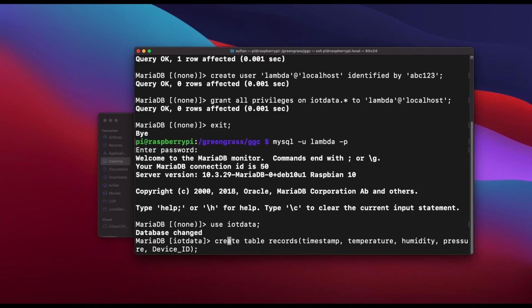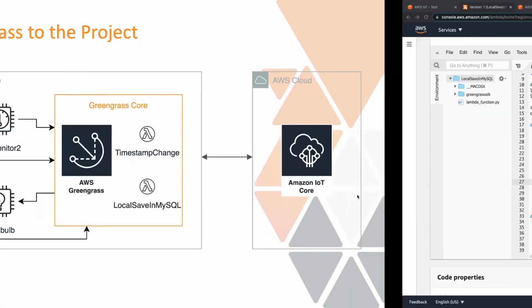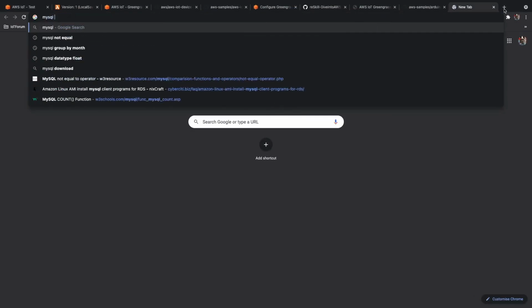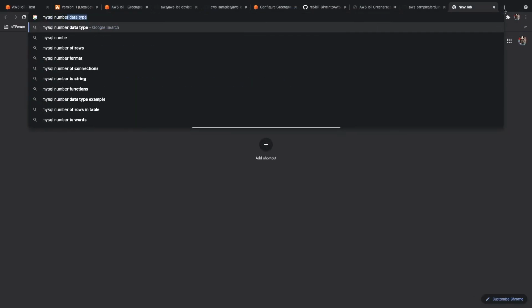And I need to specify the values in here. The timestamp in this one currently comes as an integer, so what we need to do is use a MySQL number data type.